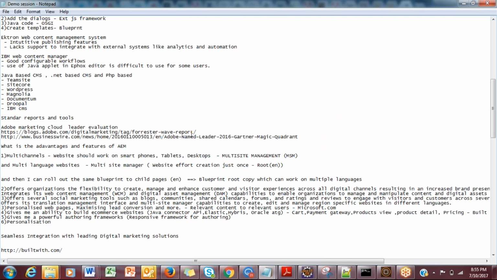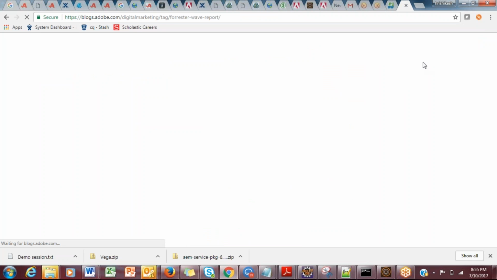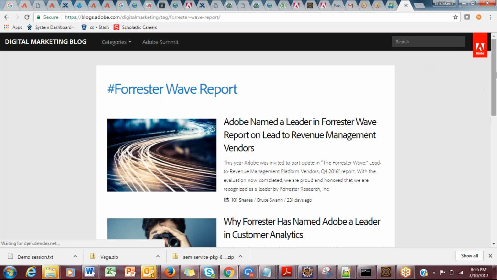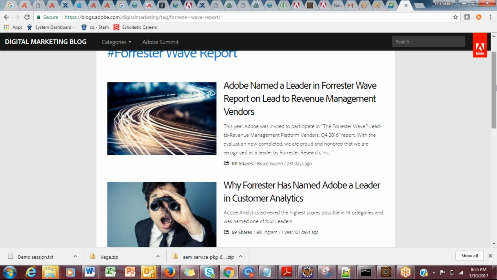And there's one more here. I'm going to share this document with you. You could go and download the report. So this is the first point of evaluation. On a scale of 0 to 10, they evaluate all the CMS tools, right? And when you talk about digital marketing, AEM is the CMS tool. Now, along with AEM, Adobe has various solutions, right? So just building the website is not enough.